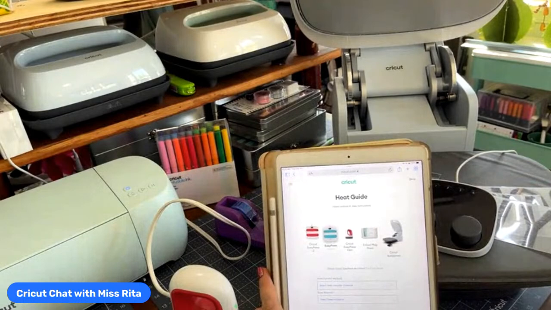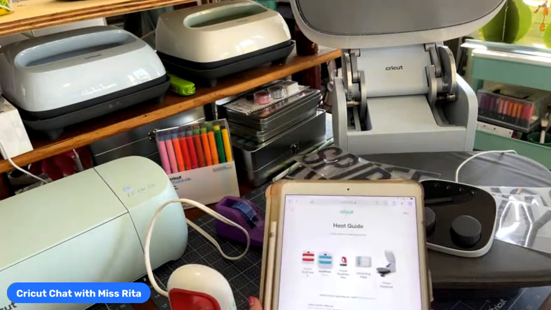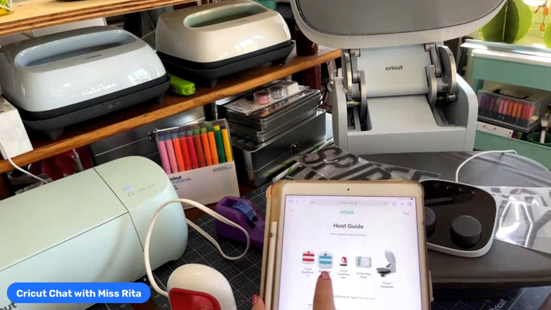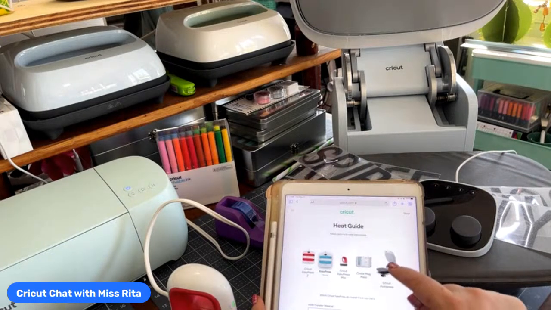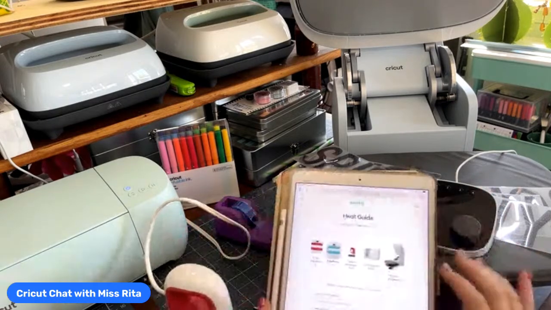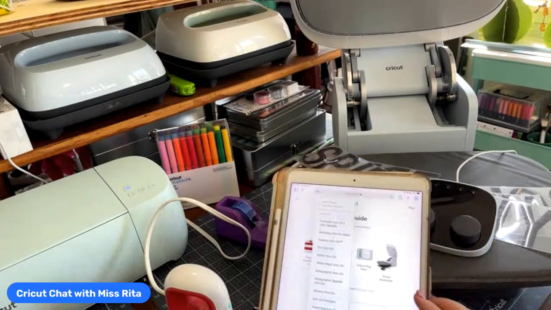There are now 5 different machines that are cut without the use of the app. So these 5 will remain, and this is the original Easy Press. This is Easy Press 2. There's our Mini. And the Mug Press, and then the Autopress. So let's first do the Mini setting. We're going to go heat transfer material. We are going to make,